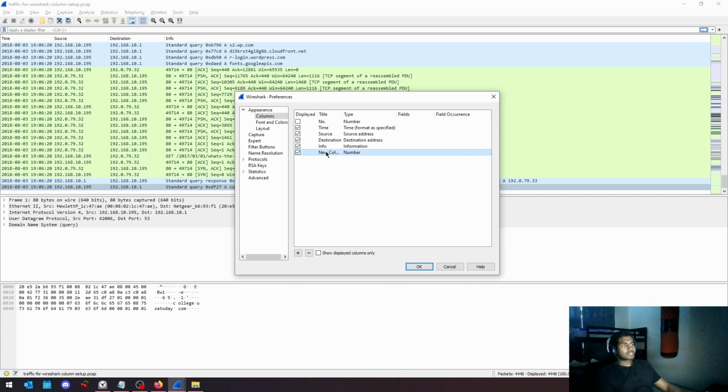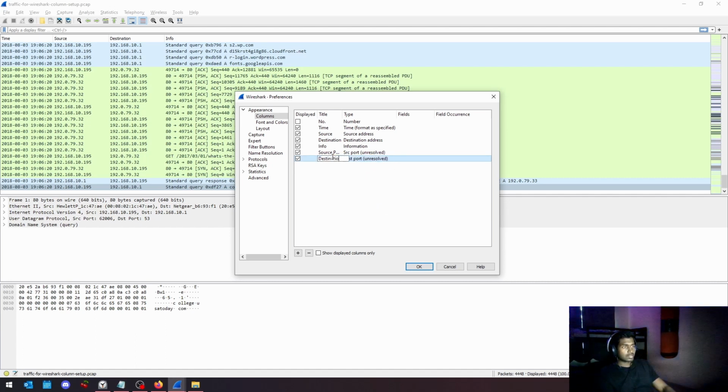Right click, double click on number, go all the way down to source port unresolved. Title will be source port. Then add another column, double click on number, choose destination port unresolved,